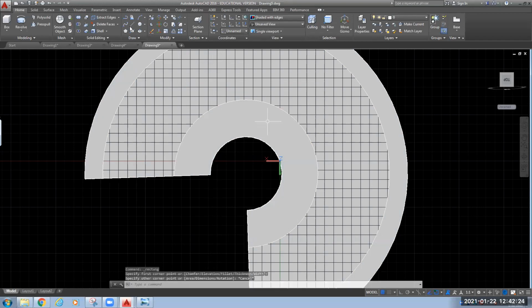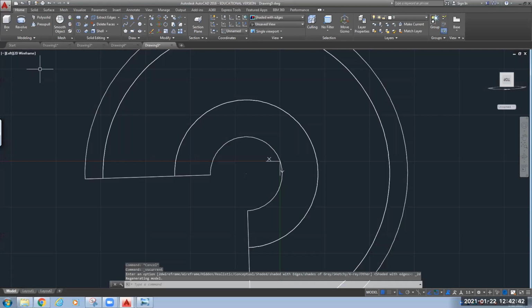You can even draw the sector also. So for that, we can offset this part. Let's change it to wireframe for better visibility. And let's see, can I do this offset?